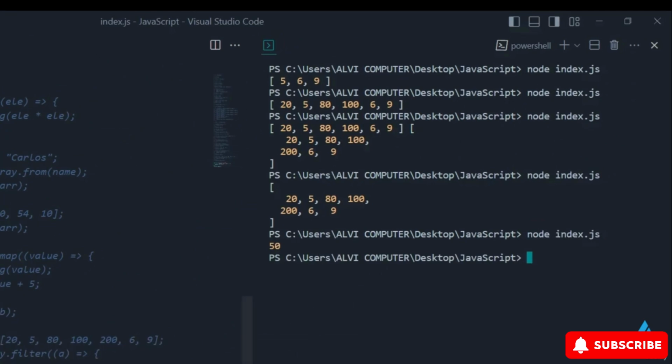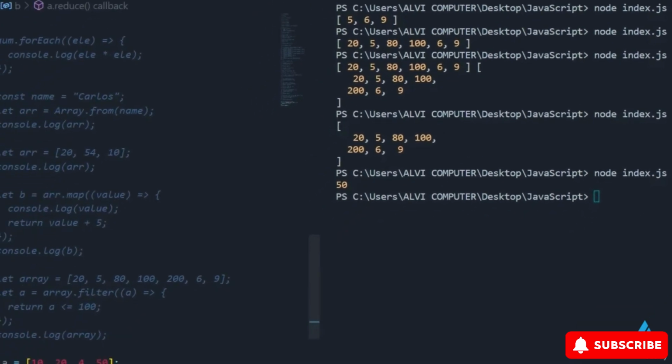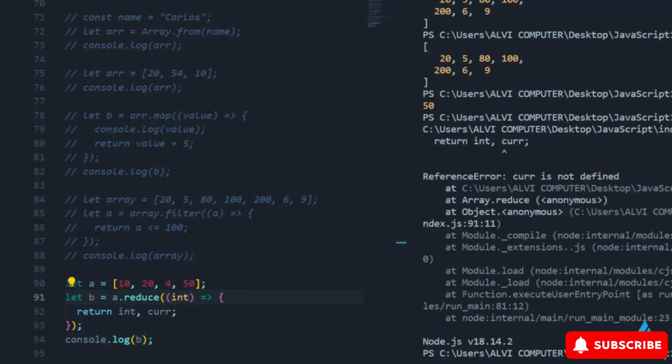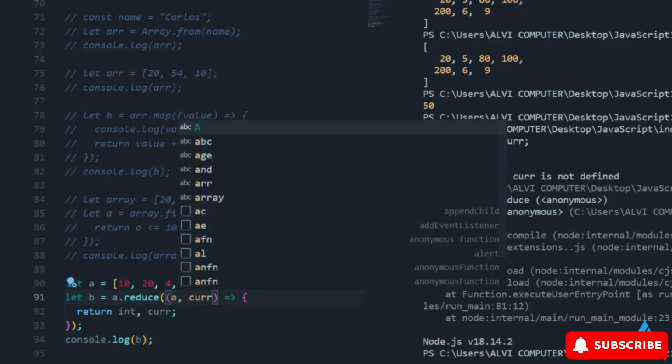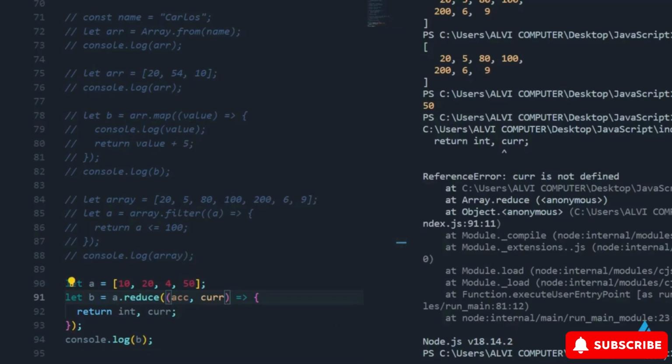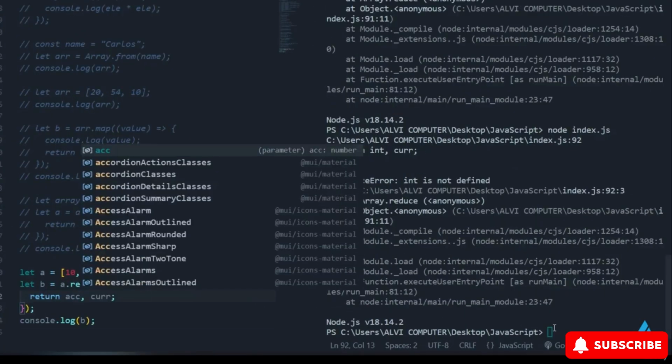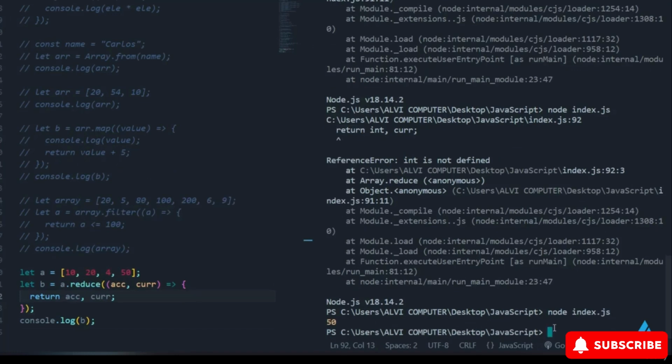If you want to add another initial value, you can add it in brackets outside of the array like this. Let a equal [10, 20, 4, 50]. Let b equal a.reduce(acc, cur), return acc, and then console.log. Now, if you run node index.js in the terminal, the new initial value 5 will be printed as a